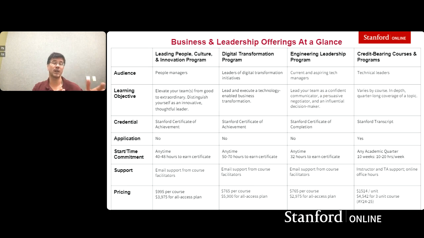Going to that YouTube channel, you'll find similar informational sessions about the health and medicine offerings that we have at Stanford Online. You can find some on product management. You can find them on artificial intelligence. And you can find very specific ones that just focus on the credit-bearing courses and programs without a content focus, but on broadly what the experience is like and what the application is like, going more in depth into some of the questions there.